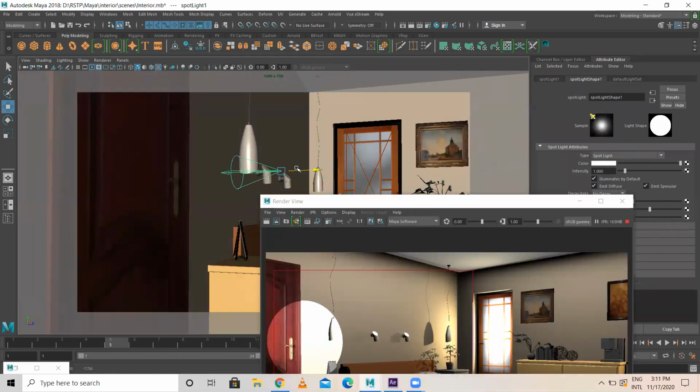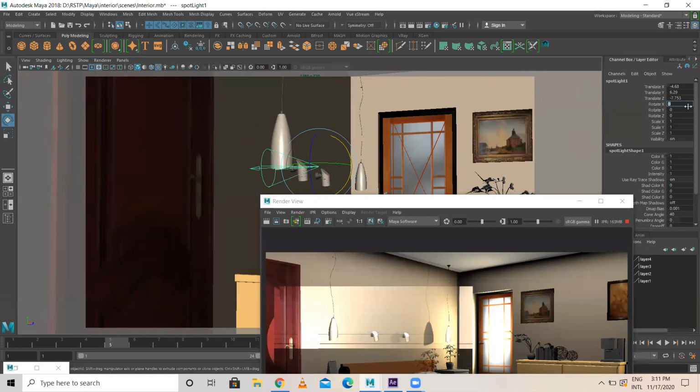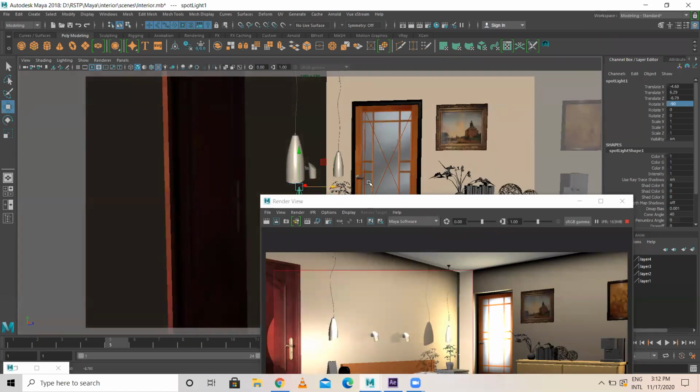So what I'll do here is take this spotlight here, you rotate this like this, that is in -90. Yeah, you can rotate this in -90. Move the spotlight here.